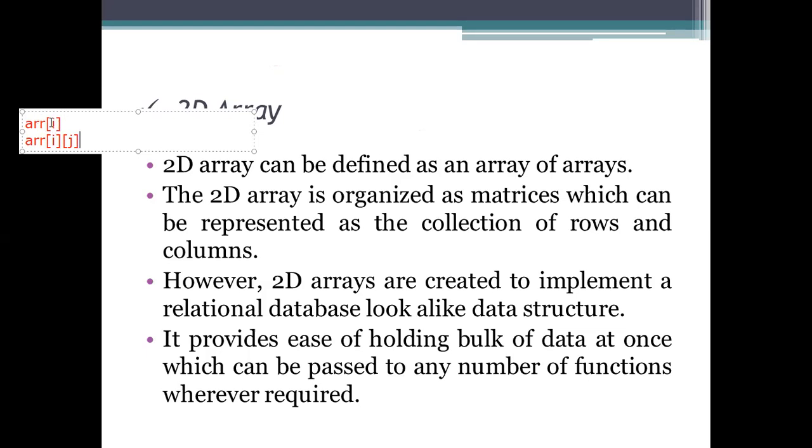So this is a representation of a two-dimensional array, which uses first i as the rows and the next j as the columns. And it allows you to store a huge amount of data here. So what will the size of this array be?